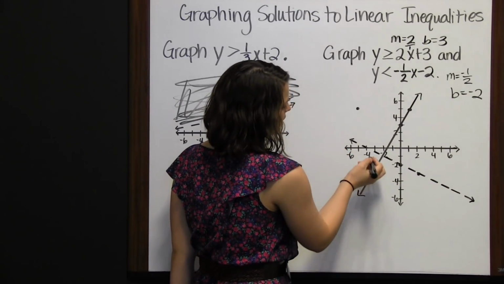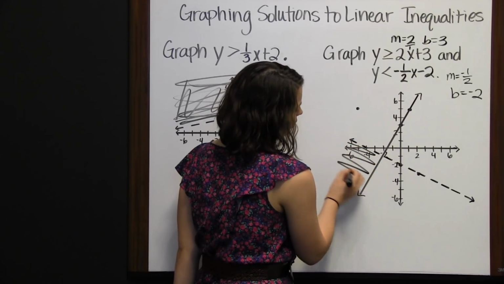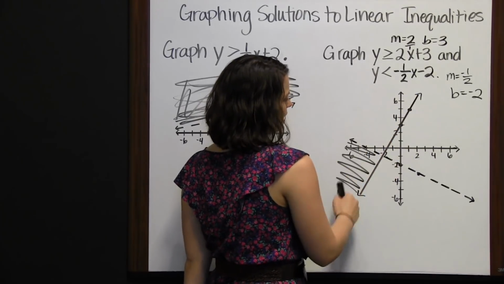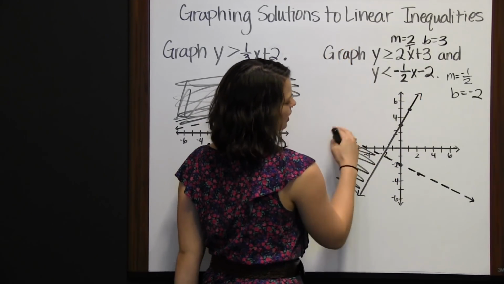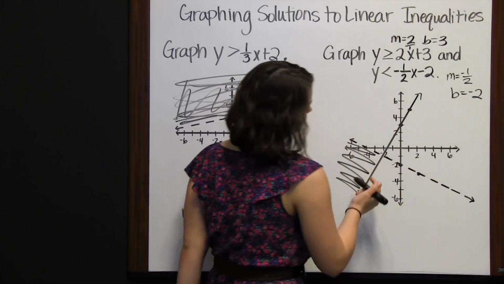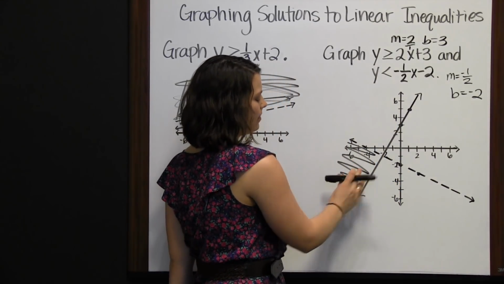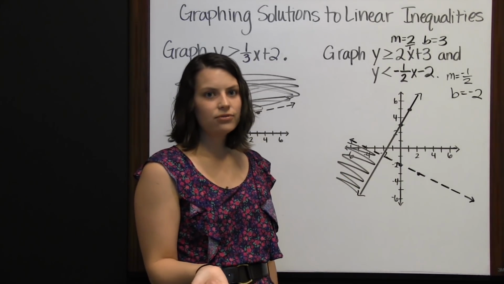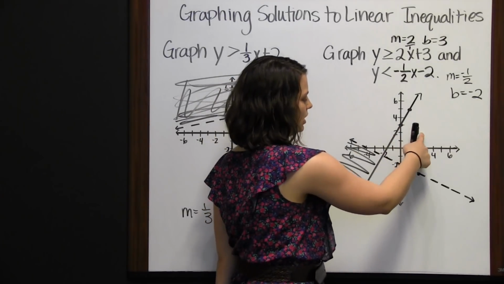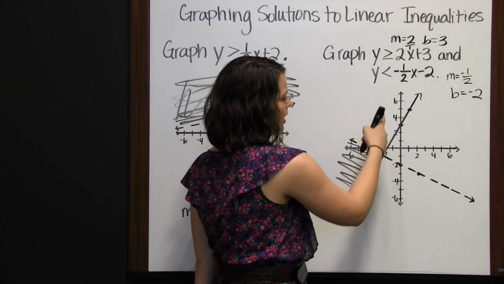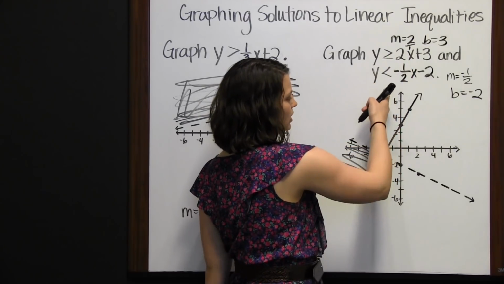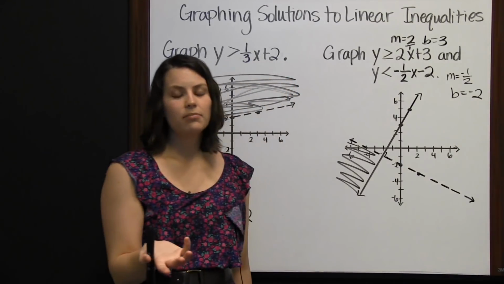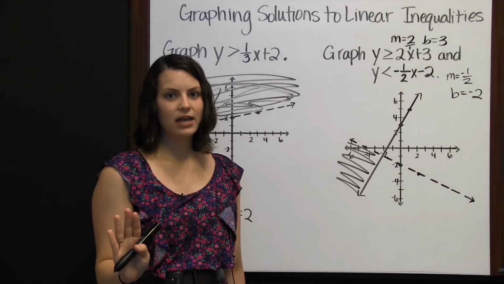And so where the two shaded areas overlap would be right over here. This is your solution, since for this line we were shading on this side, and for this line we were shading on this side. So the two shaded areas overlap in just this region right here. And another way you could figure this out is just to pick a point in all 4 of the regions. And if the point satisfies both equations, then that's where you shade. And if your point doesn't satisfy both equations, then we don't shade in that region.